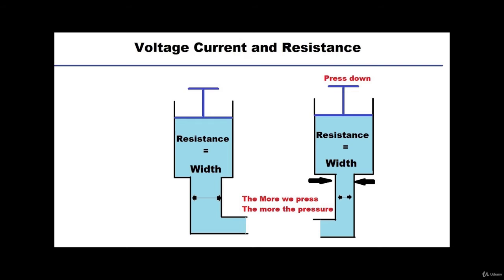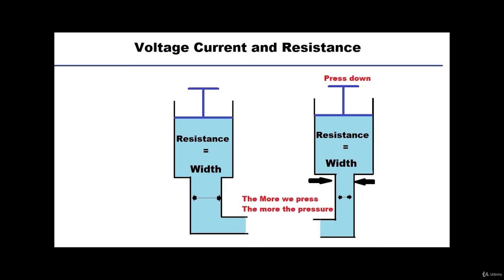Now, when we press down the tank on the right hand side, we are going to inflict pressure at the output of the tank. Since the area of the output is much less than the area of the tank, a resistance is going to be inflicted at the beginning of the output. This resistance will try to prevent water from spilling out of the tank. Hence, the more the resistance, the more the pressure we have to apply in order to make the water spill